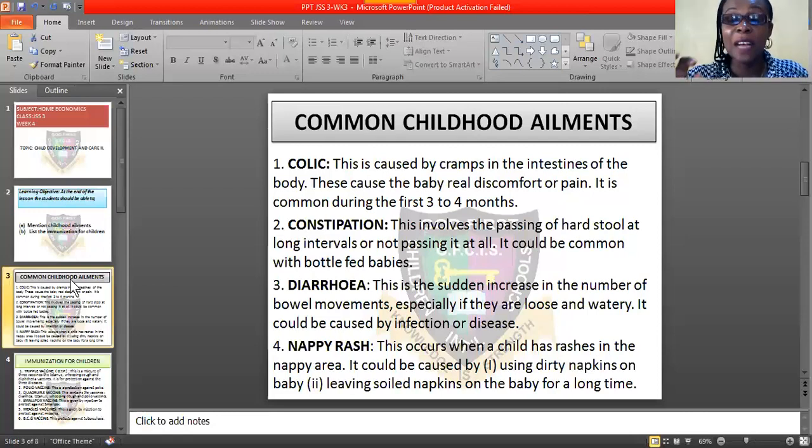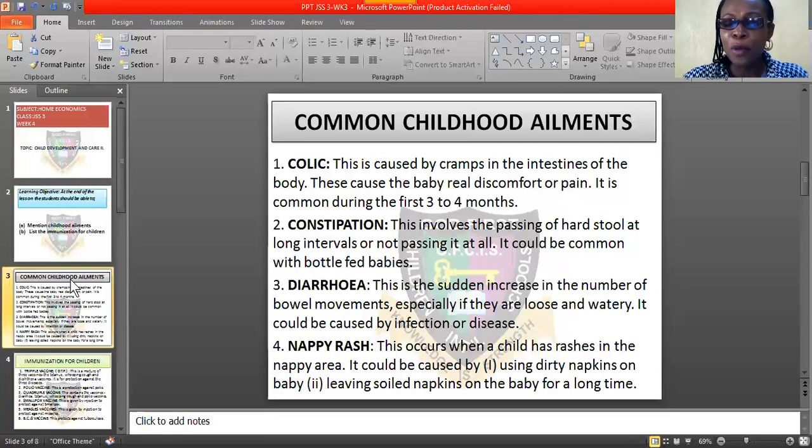Sometimes they will say the child is teething. Just like what my doctor would always tell me. I remember my first experience when I gave birth to my first child. I would say they said my baby is teething, that's why he's pooping. And my doctor was like, teething is not a disease. Bacteria must have caused this child to be stooling like this. So let us find out the bacteria that is involved. So we had to run tests on my child, and at the end of the day, the test result came out. He gave me medication. Immediately I applied the medication, the whole thing stopped, and my baby was free of that problem.